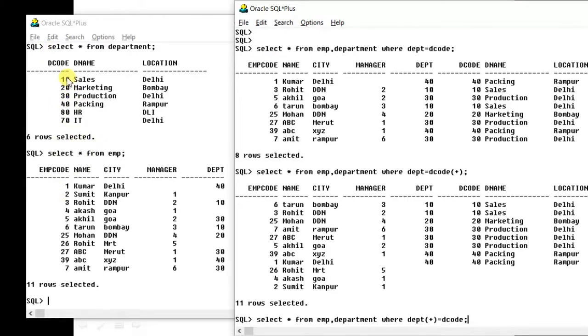So what will happen? First of all, those records which are matching like 10, 20, 30, 40. Here 10, 30, 30, 40 will match with all of them. 70 and 80 will not have any match. So what happened? 70 and 80 were left out from this output, as you can see here also. Now, one thing you have to remember is, in case of any type of outer join, the minimum number of records are the actual equijoin records. So equijoin records were actually 8. So at least 8 will come. The rest depends on which side you are performing the join.